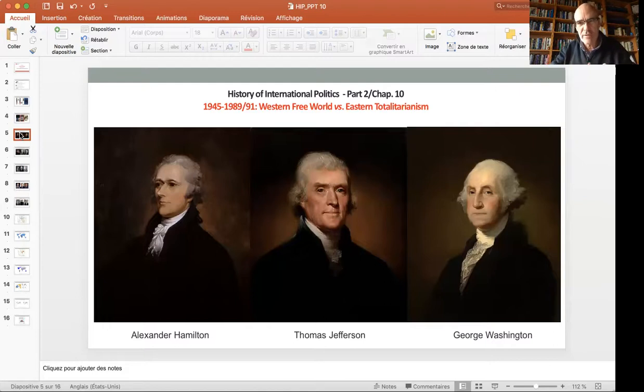We should not entangle our prosperity and our security or our peace by having too close connections with Europe. And he then sums up his recommendation. It is our true policy to steer clear of permanent alliances with any portion of the foreign world,